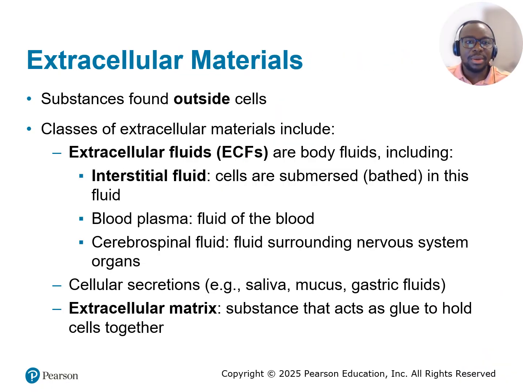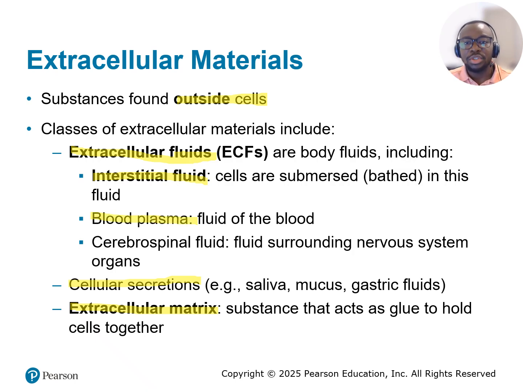Now let's talk about extracellular materials. Extracellular materials are substances found outside cells and include extracellular fluids, cellular secretions, and extracellular matrix. Examples of extracellular fluids are interstitial fluids, or the fluid that cells are submerged in, blood plasma, or the fluid